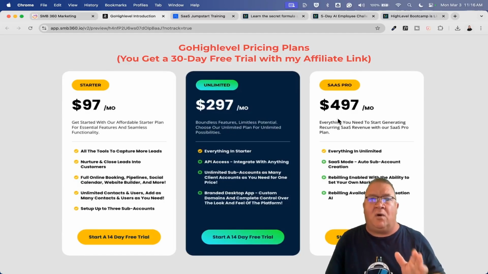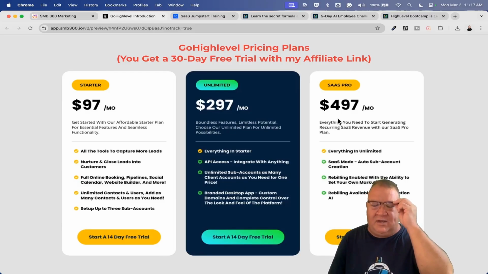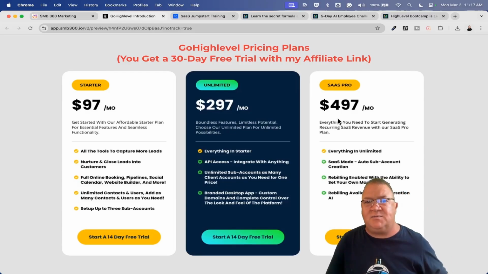Now, if you are already getting into Highlevel and you already potentially have clients lined up for some of these services, maybe you sell another service, maybe you have another business where you already have digital clients that could benefit from the Highlevel system, then my personal recommendation is to move right into the SaaS Pro. Don't go to the Unlimited, go to the SaaS Pro, because there are some items inside of the SaaS Pro that you need to configure first before you can actually get your system up and going. But it's well worth it to spend the extra day configuring all of these things, for the automation and the additional amount of money you can get from what they call the rebilling feature. It is completely awesome. Let's move forward and talk about this.